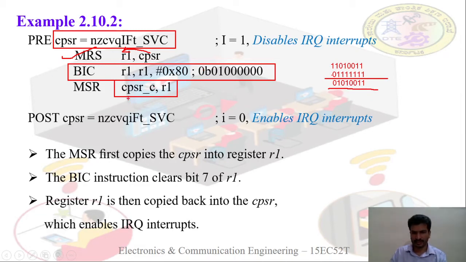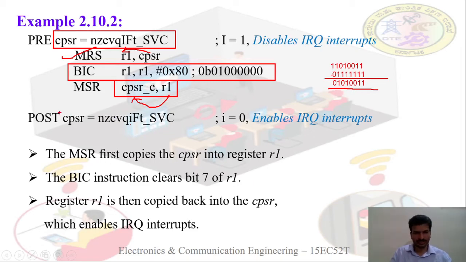Now this content is moved to the CPSR register with the control field. Control field means the least significant 8 bits, from 0 to 7. Now this is the content of I. See, now it becomes 0. So I is small, F is 1, the Thumb state T is 0, and the SVC mode is 10011.